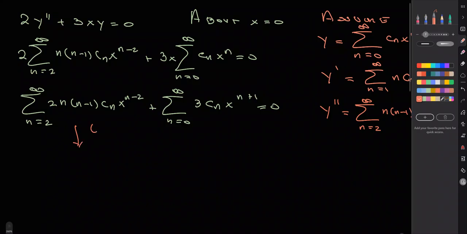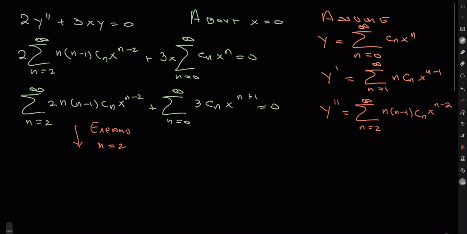Well, expand the term for n equals 2. So for n equal to 2, that is 2 times 2 times 2 minus 1, which is 1, times c sub 2, x to the 2 minus 2,